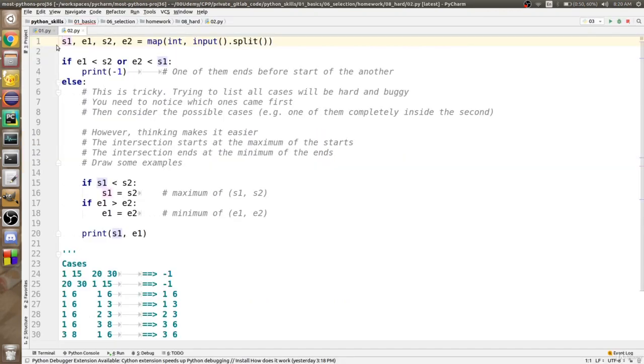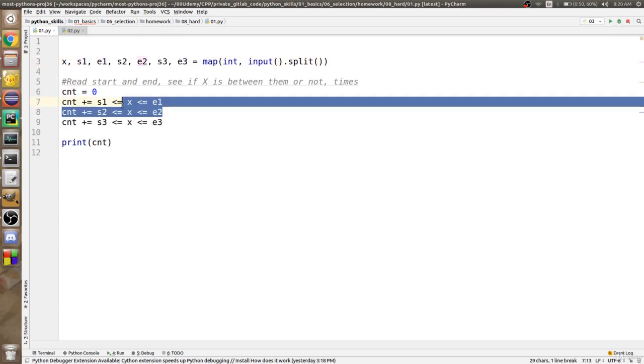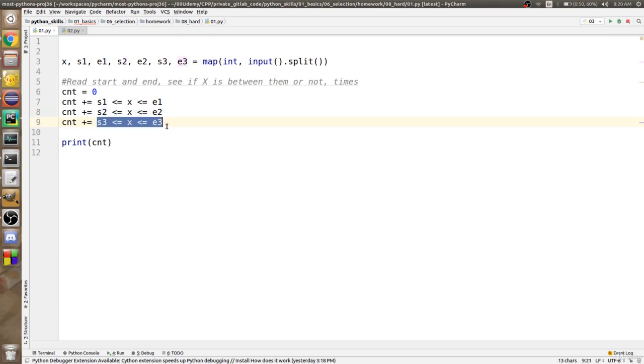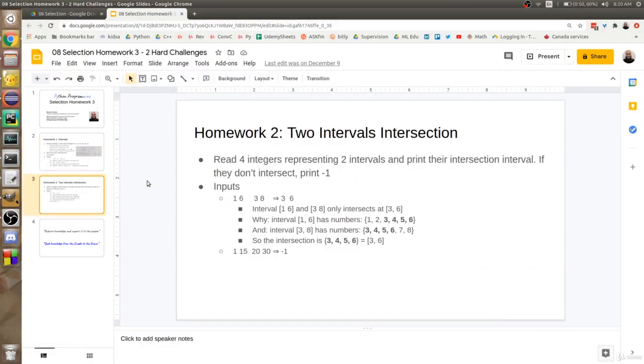So in terms of the code, we are going to read the x, and then we are going to read the 3 intervals. All we need is to increase the count if I am inside this range, inside this range, and inside this range. That's all. The actually important assignment is the second one, because we would now like to find the intersection of